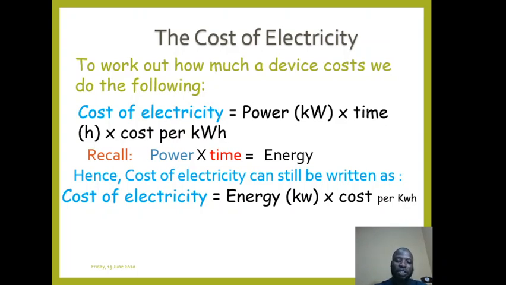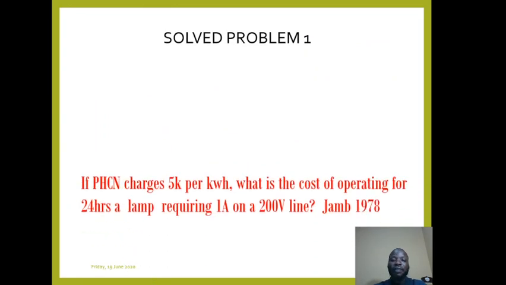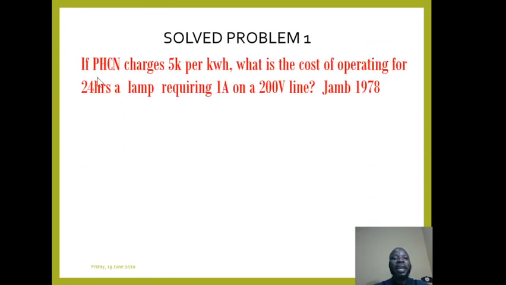So let's look at some of the solved problems that we have here and see the way they are solved. The first question we have here is, if PHCN, Power Holding Company of Nigeria, is charging 5 kobo per kilowatt hour. This is just based on calculation we have here. This is JAMB or UTME 1978. Let's assume the amount they are charging is 5 kobo per kilowatt hour. This is what is given to us in the question. This is a JAMB question. Now, what is the cost of